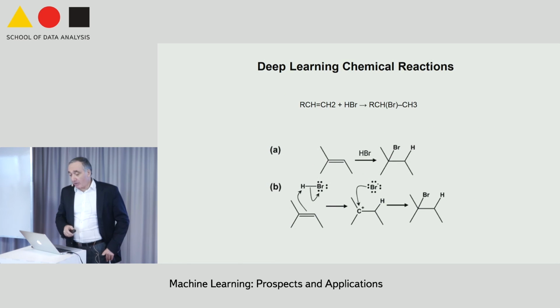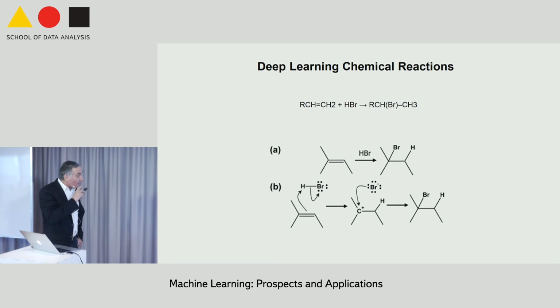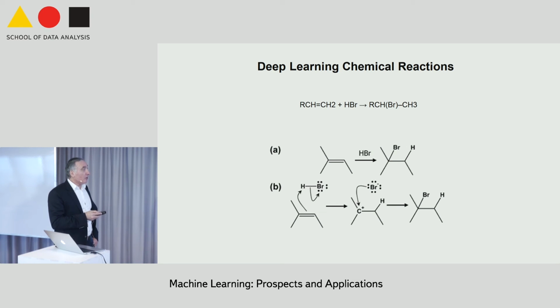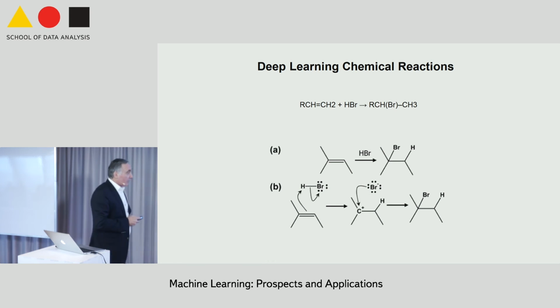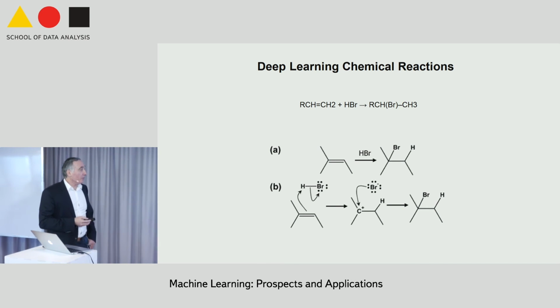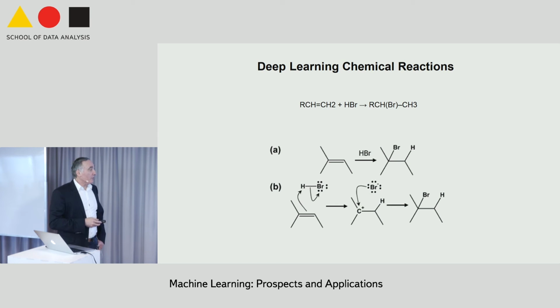So what about machine learning the rules of chemistry? Well, again, how are you going to do that? You see, you have graphs. Either you have to do something symbolic, or you have to deal with these graphs. And the key idea we came up with is that if you talk to chemists, the way they think about reactions, of course, is in terms of electron movements. A chemical reaction is just a sequence of movements of electrons from dense regions to non-dense regions in a very essential way. So this reaction here, which is the bromination of an alkene.